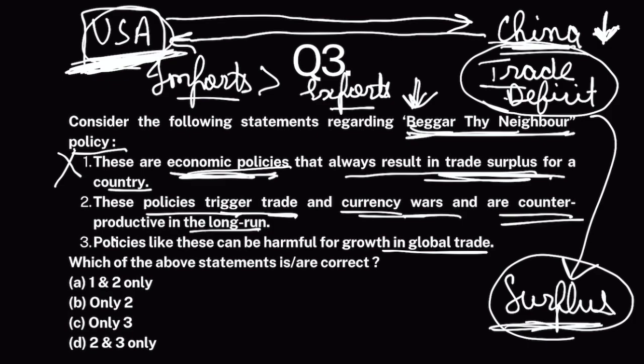Why are we calling them counterproductive in the long run? Well, because both of them will lose out. So this part is correct. Now, if all the countries employ these policies, this would significantly hamper global trade because imports and exports from all these countries would decline, and countries would be more inward looking rather than internationally looking. Or the countries would be more focused on their domestic economies rather than on global economies, right? So this part is also correct.